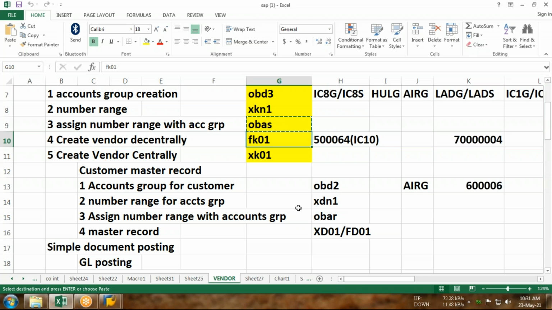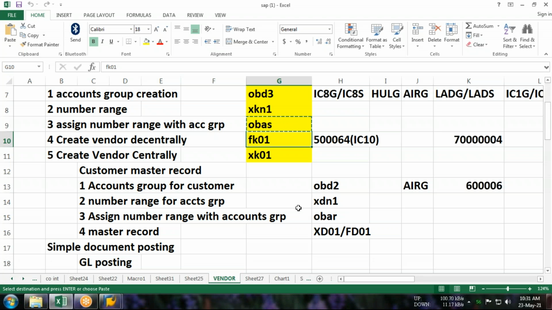Now let us understand how. So what is the T code for the vendor? It's FK01. So guys, whenever you get a T code like 01 in SAP, like in vendor XK01, or in customer FD01 or XD01, always remember one thing, 01 is for creation. If I use 02, FK02, that will be the edit. So if you want to edit the vendor, you need to use FK02. And finally, if you want to display the vendor, that will be FK03.